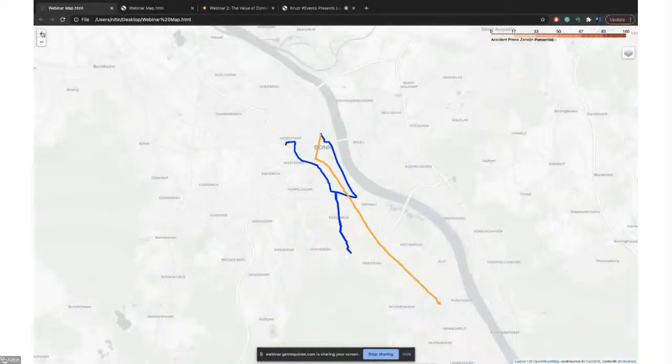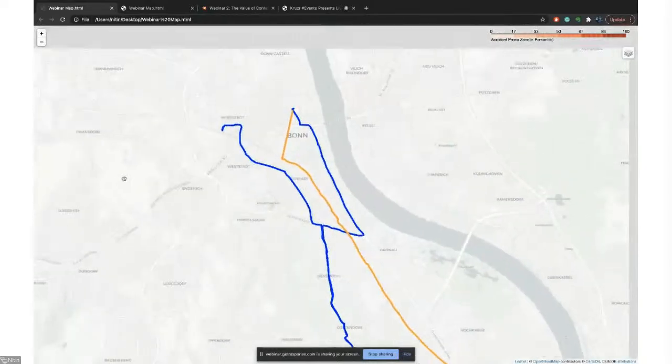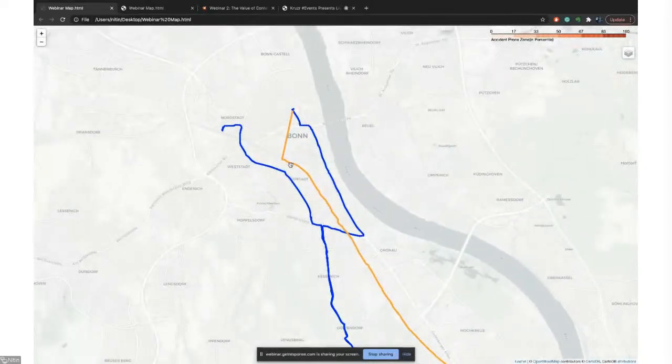I will just zoom in a little. So this is one of the train trips, and this is a car trip, and this is also one of the car trips that has been taken. Now, this is simply the first layer where we have identified the mode of transport, and using the